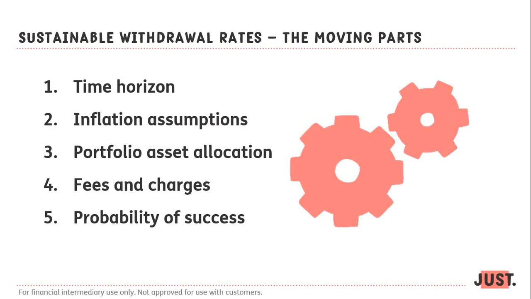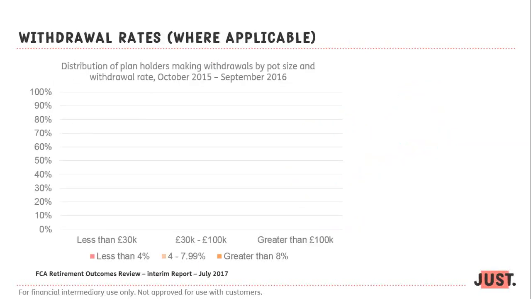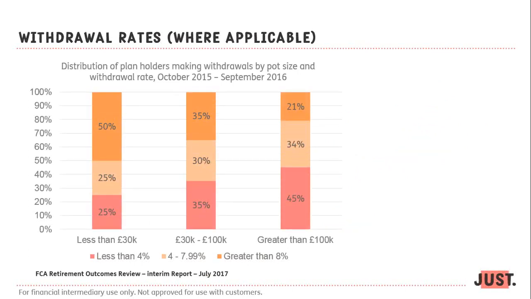And it's interesting to look at some of the figures in terms of what people are doing. This is certainly from the original or the interim report last year on ROR. I know it's been updated recently, but it's interesting to see, given everything you've talked about there, Dave, in terms of the science behind it and what's sustainable, and are we taking into account charges and so forth, the sorts of levels of income that people are taking. So this excludes people who take total encashment or your zero income clients. These people are actually taking a regular income. What are they taking? We see that actually lots of people are taking far in excess of even that rule of thumb, whether that's right or wrong,